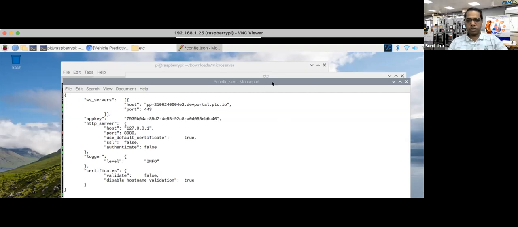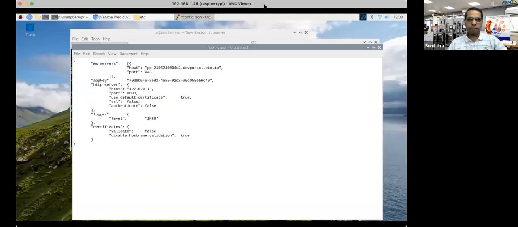Yeah. So if you can see here, this is the way I have pasted the key from the ThingWorx. And this is the host name, port 443, and I have removed the last lines from here actually, because that all will be generated once it encrypts this. So I will be just saving this file.